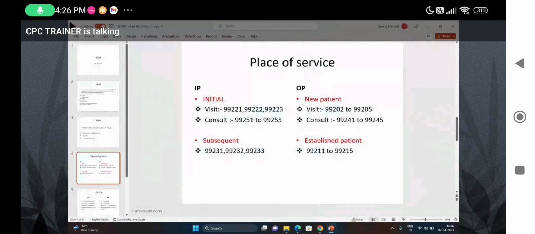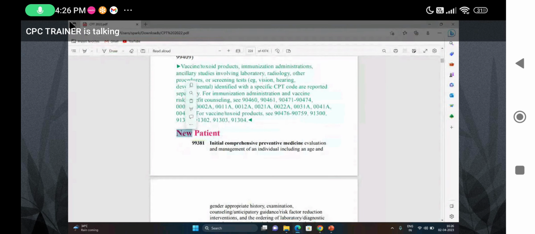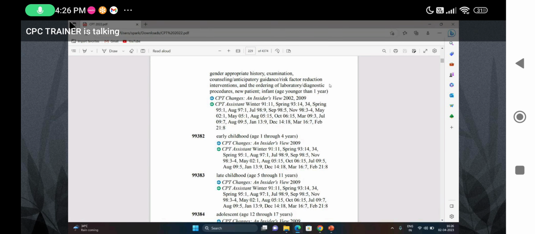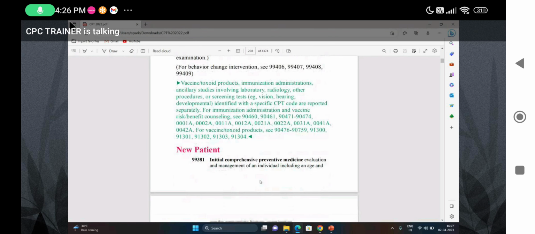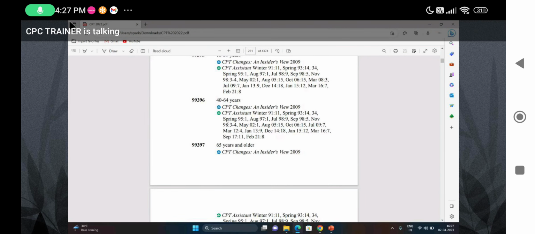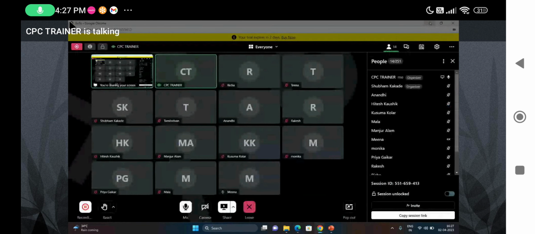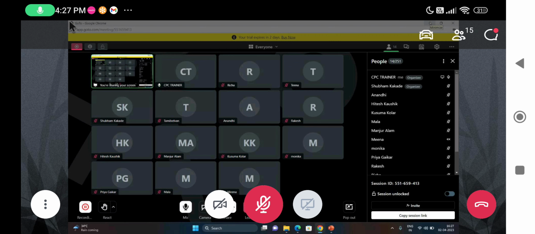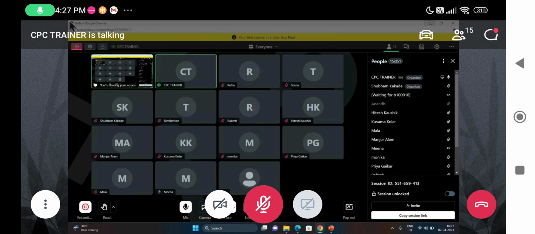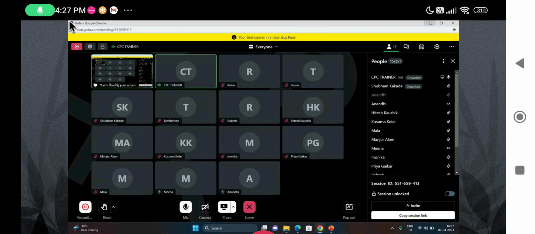Okay, you guys see the screen. The first code, new patient. The code will differ based on age, guys. See, younger than 1 year, 1 to 4 years, 5 to 11 years, and likewise. Then established patient: based on the patient age, the code will differ. So for preventive medicine, you need not do anything else. Just check what the patient type is, and what the age is. These are all the things you need to check to code E/M.